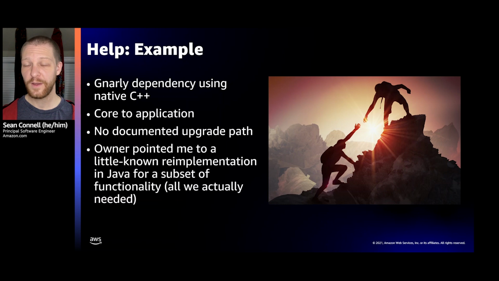But I asked for help. And it turns out that my sub-use case of what this big package was doing was actually something that the owner had anticipated and re-implemented in Java. There was some serialization that I needed that was a very small piece of this overall package. And that re-implementation in Java was actually drop-in, which is great. That was a really smart thing for the owner of this package to do, or at least nice for their consumers. And it worked out of the box on ARM. So I was able to reduce incidental complexity significantly, as well as avoid a lot of work by just asking for help.